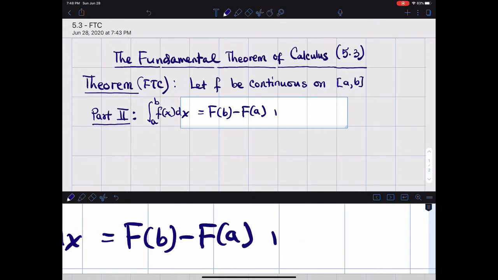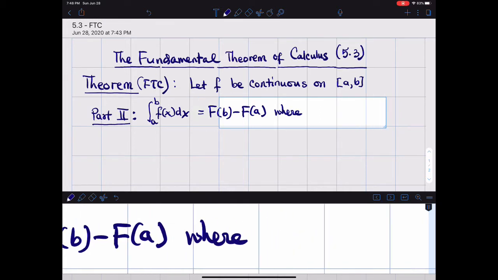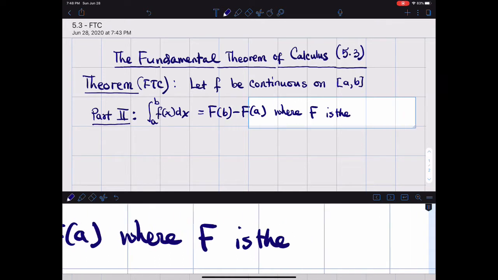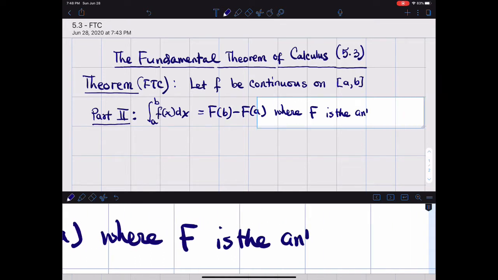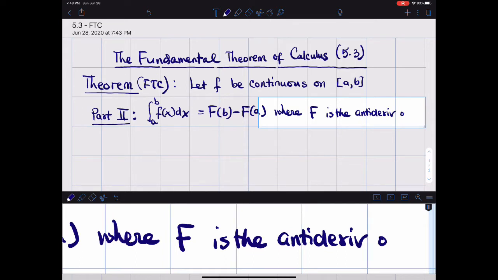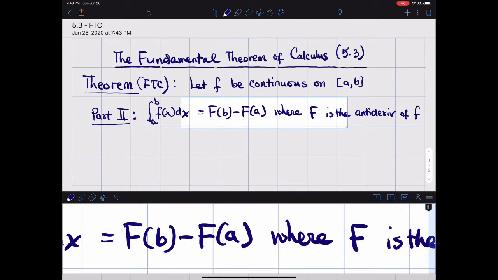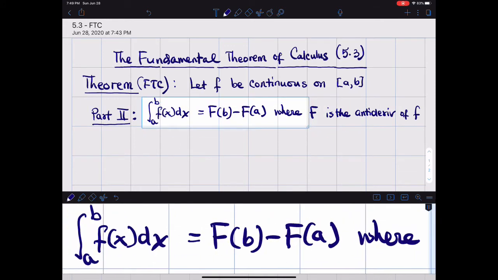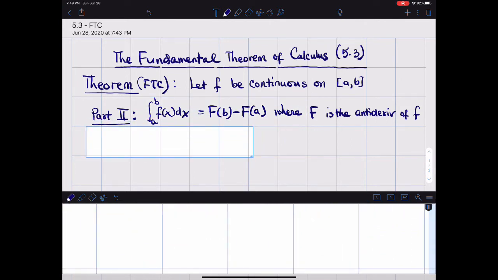where capital F is the antiderivative of little f. So the integral from a to b of little f of x dx is equal to capital F of b minus capital F of a, where capital F is the antiderivative of little f. Now, part 1